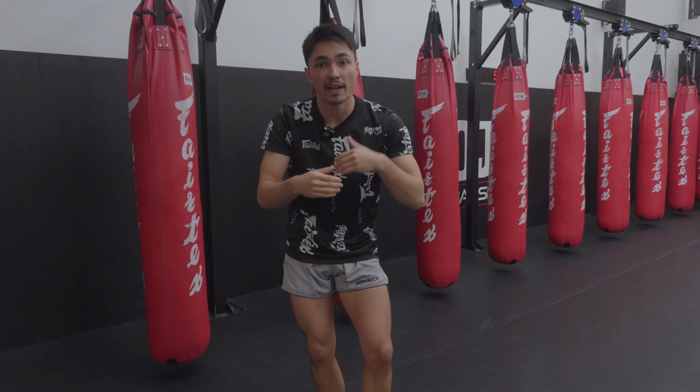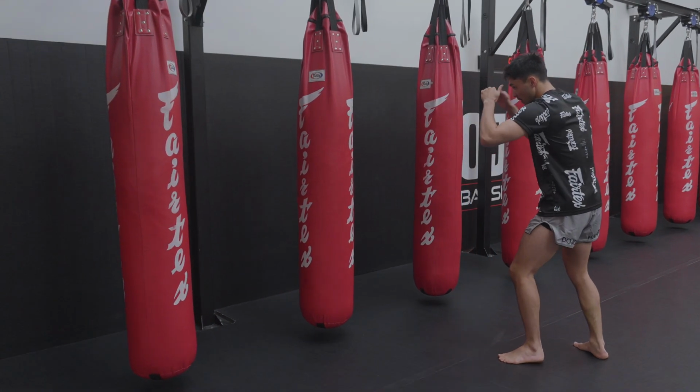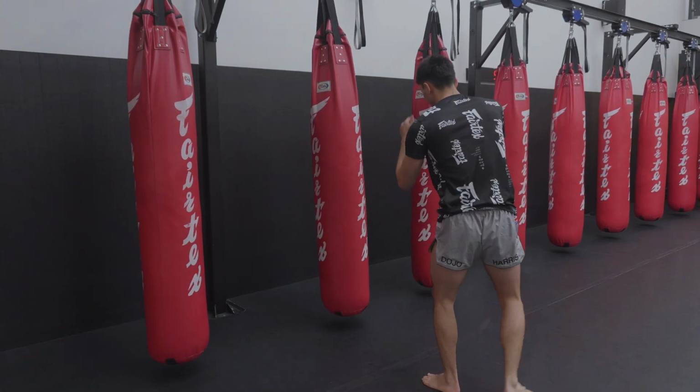You'll be able to kick super high, super quick, and it'll also be a lot easier to start kicking and coming back to your stance. So your kick should look like this. And from this angle,